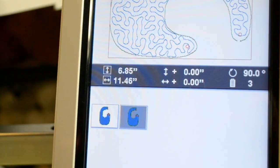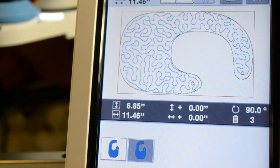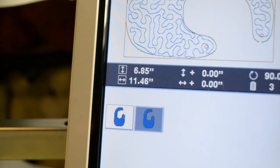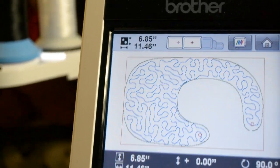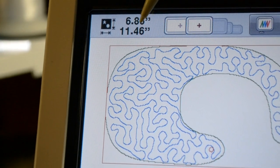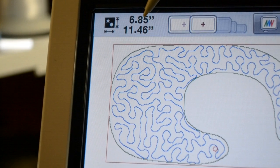So I'm going to rotate it, and as you can see, it automatically uploaded it, and once again, it uploaded it with no font. All right, now I want you to also pay attention to this. If you look here, let me just get a little bit closer. If you look up here, you can see that that's the reduced size, because if you remember, the file started off at